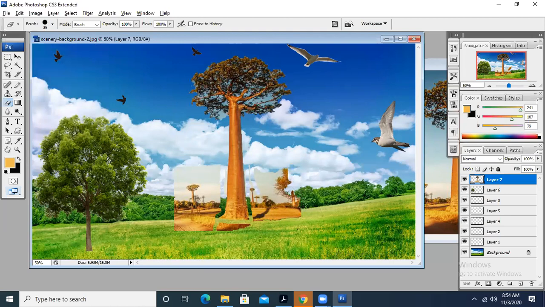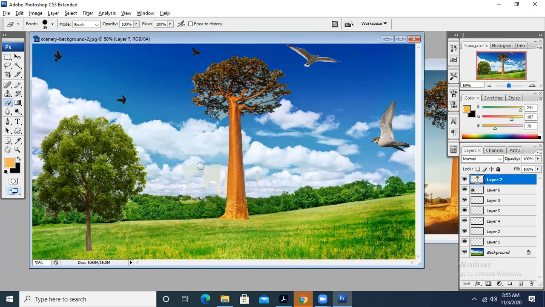Now I will erase this extra area. I have already drawn the line from the tree. I can erase it now quite easily. Because this was the thing which could not be deleted easily using the magic wand tool. Why? Because the magic wand tool will select the similar color, and over here the similar color is less. The colors are mixed with each other, so the magic wand tool is not working properly. It is selecting some area, and even when I selected the yellow color, the light brown color, it also selected the stem of the tree. So it was not good that we are going to lose the stem of the tree.